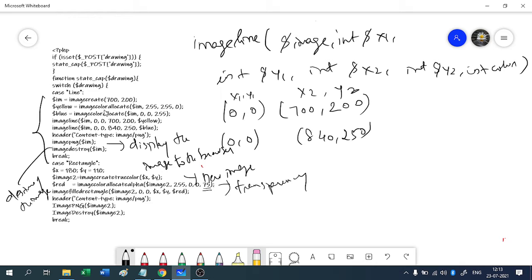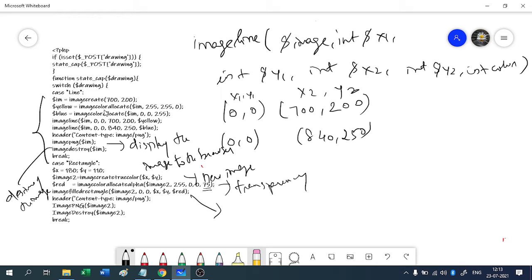Okay, now we are using the image filled rectangle, because this is the case for rectangle only. The image filled rectangle function is used to create the filled rectangle.